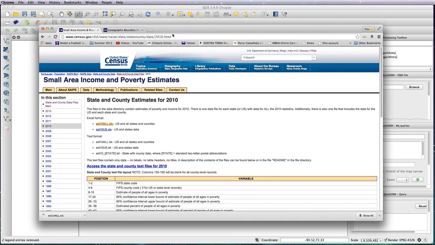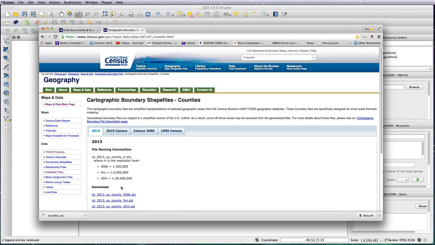If you click on the two links below the video, one will take you to the poverty data for US counties, and the file you want is this one here, the EST10 all XLS file. So download that, and the shapefile you're going to want is the